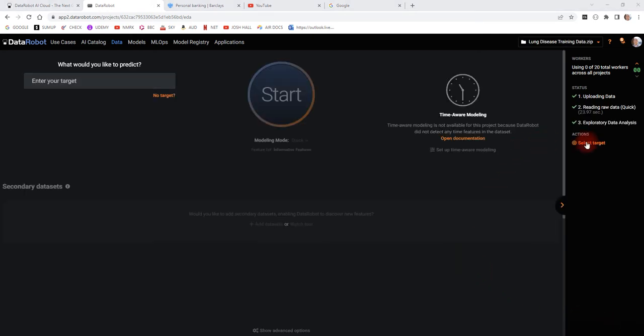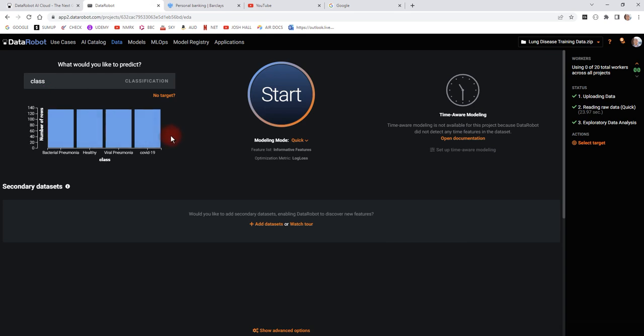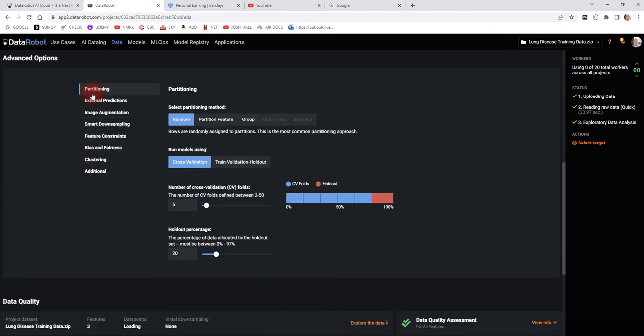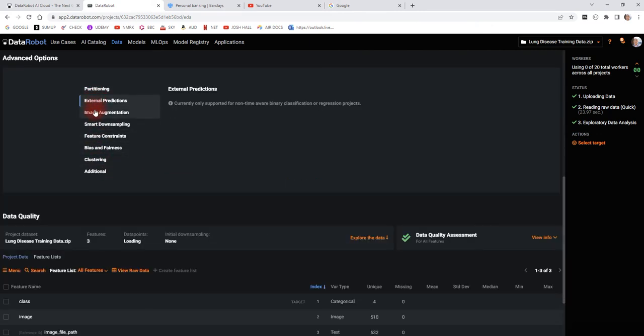So that's all been loaded, and now we need to select our target, and basically we'll type in here class. It knows that's the one there. We can see we've got our 4 number of records, everything showing here, same modeling data sets. What we can now do is we've got different models here. We've got quick, autopilot, manual, comprehensive. We can set all the different things. At the bottom here we have show advanced features, so we can partition our data, extended partitions, bias and fairness,